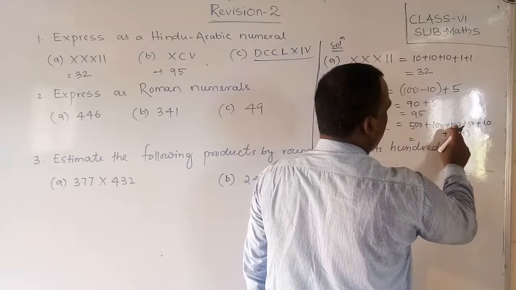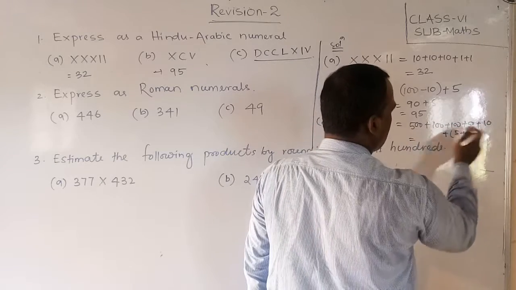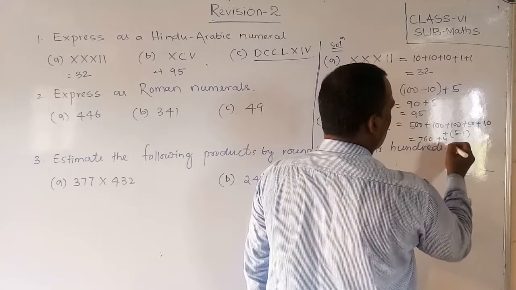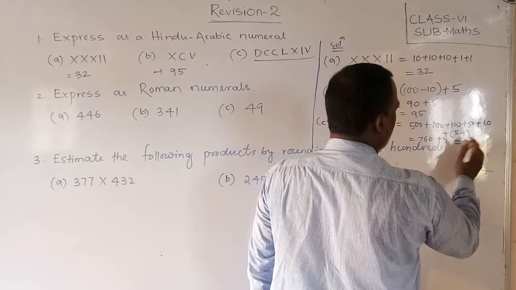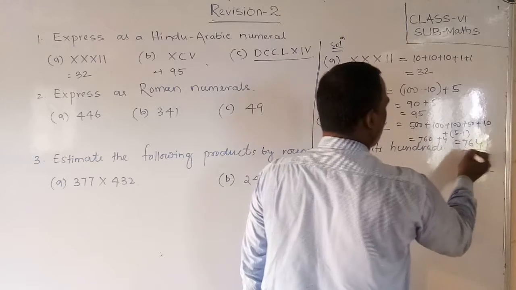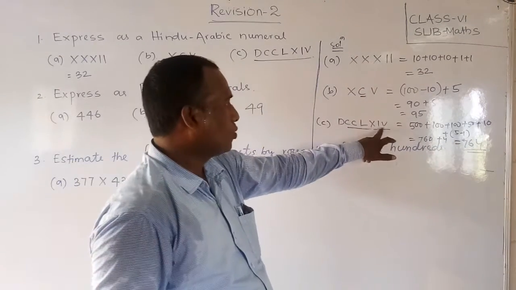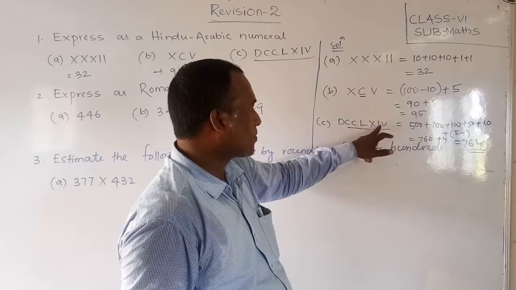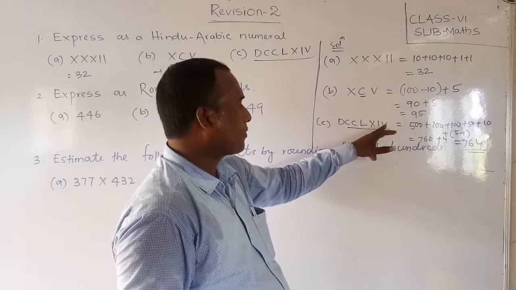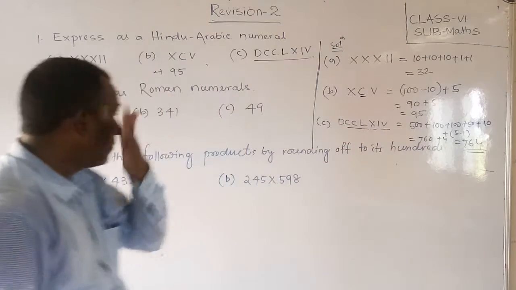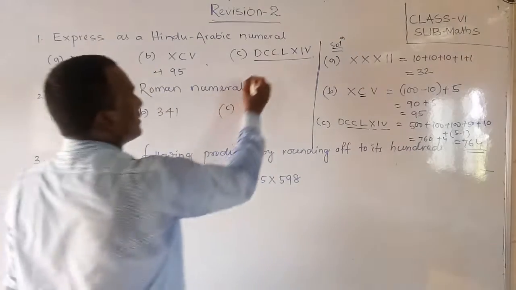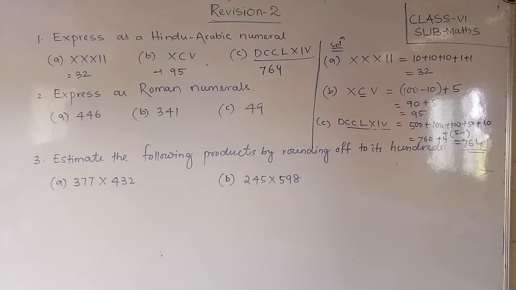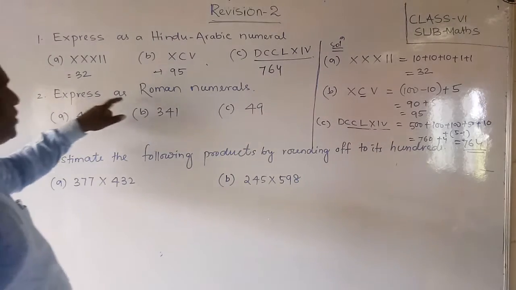So you should add all this: 500, 600, 700, 750, 760, plus here 5 minus 1 means 4, equal to 764. Are you clear, friends? So in the last two numbers you observe, this subtraction will happen, because V is the greater number and the smallest number is before it. So all this is added after; this 5 minus 1 will come, that is 4. Okay. So the answer will come 764. Okay. So next, same like this, friends, we'll go for expressing in Roman numerals.